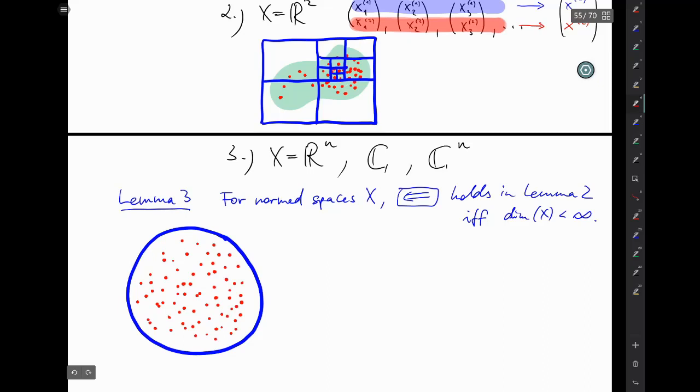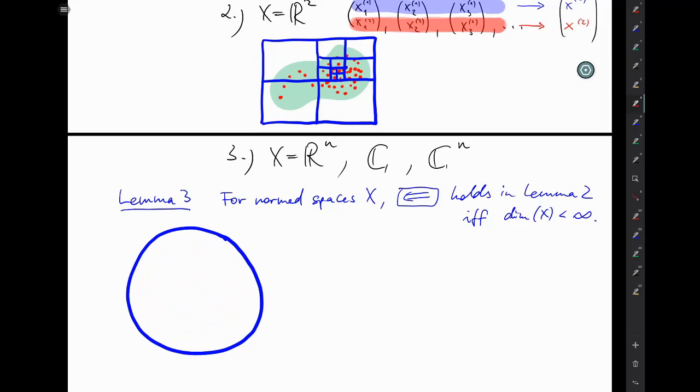So how can we understand this? If you want to avoid accumulation, you could conversely ask, how many points can I fit in here without them coming into a distance from each other of less than 1, or in corona times you could say 1.5 meters. Okay, so let's assume this is the unit ball, and you're trying to place as many points as possible here that have distance at least one from one another.